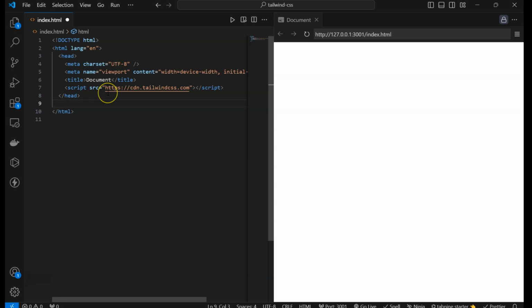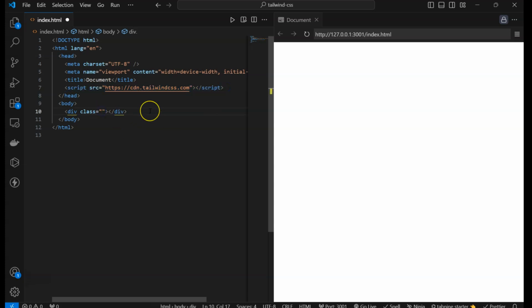I already have that. So let me take body. Inside that I'd take a div, and then all I have to do is add the classes. Now I'm using Tailwind CSS in CDN, and I have added this in a web page. You have several other ways to add it using npm and other ways. You can check their website, but for the sake of simplicity, I did it using script